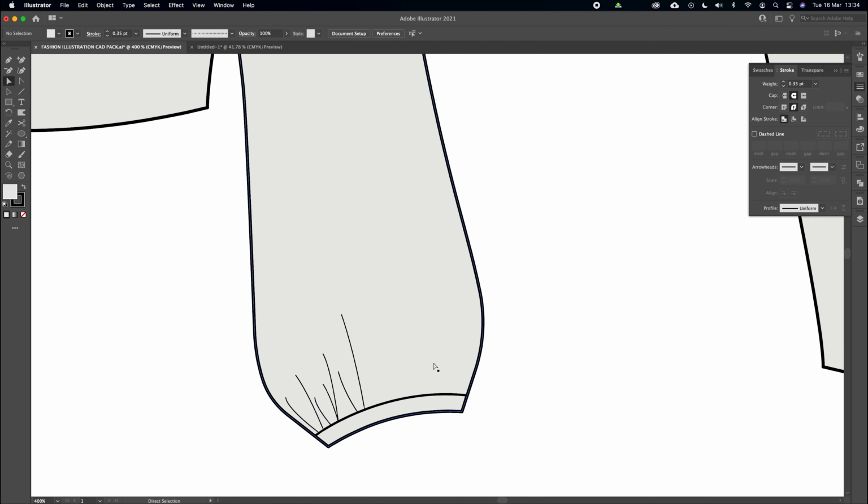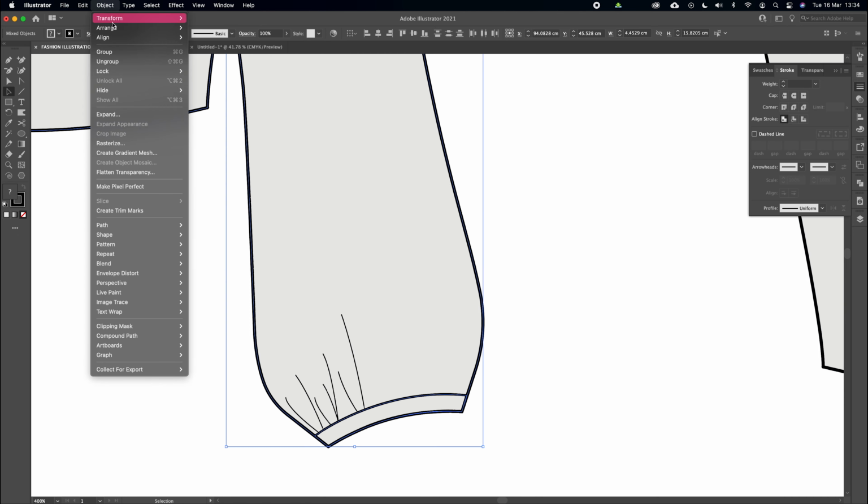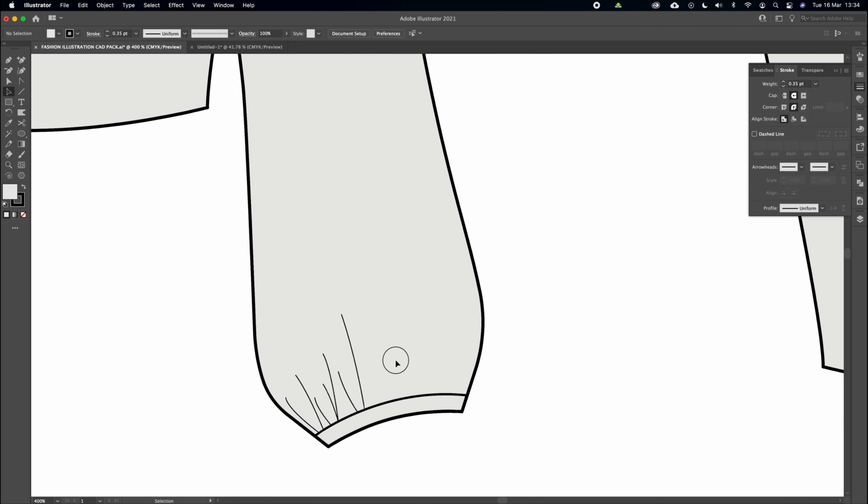And also, if you don't want to do the whole thing, what you could do is just simply, let's grab the sleeve, let's lock it. So object, group, then lock selection. I can grab these lines. I can then go copy, paste. And I can then simply just chuck this down here. Go to my rotation tool, click, and then rotate it. I can do it again, paste it in, grab this here, rotate,